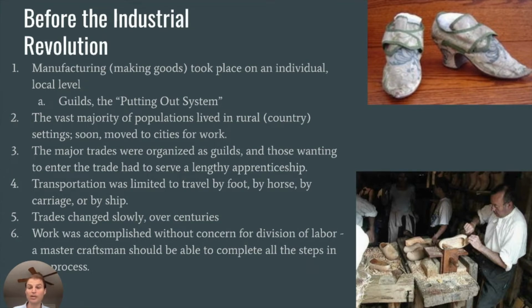Remember that the vast majority of people lived in the countryside, and during the Industrial Revolution, they're going to begin moving to the cities looking for work. The major trades are organized as guilds, and if you wanted to become, say, a shoemaker or a sewer or a dyer, you would have to serve a pretty lengthy apprenticeship. Transportation is limited to foot, horse, carriage, or ship, and trade changes slowly over the centuries. During this time, work and the production of goods is done without any real concern for cost or